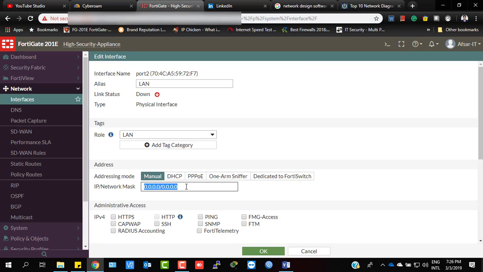Suppose that I'm going to configure this LAN with a 10 series IP, 10.10.10.1, with subnet mask 255.255.255.128. Suppose that I'm taking a /25 LAN network where 126 usable IPs will be available for end users in the LAN. Okay, sorry, there should be one. Okay, now